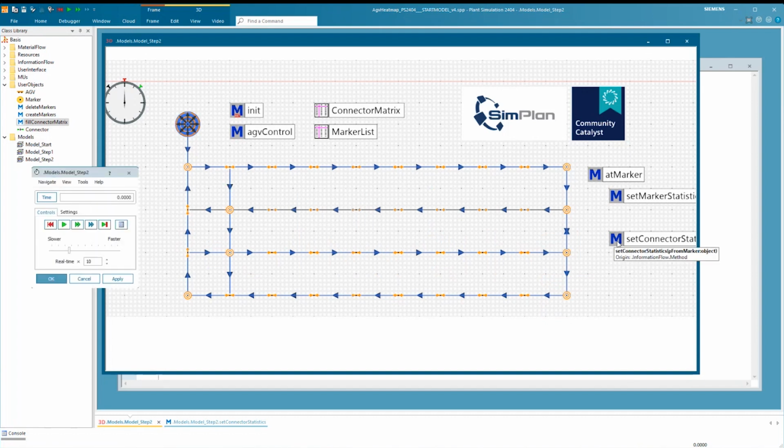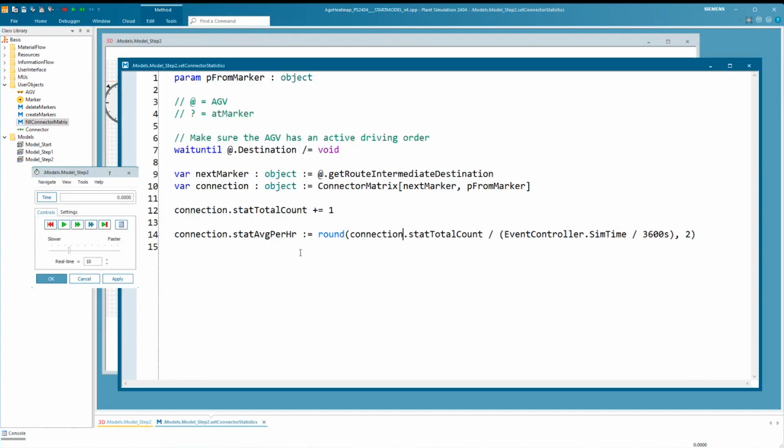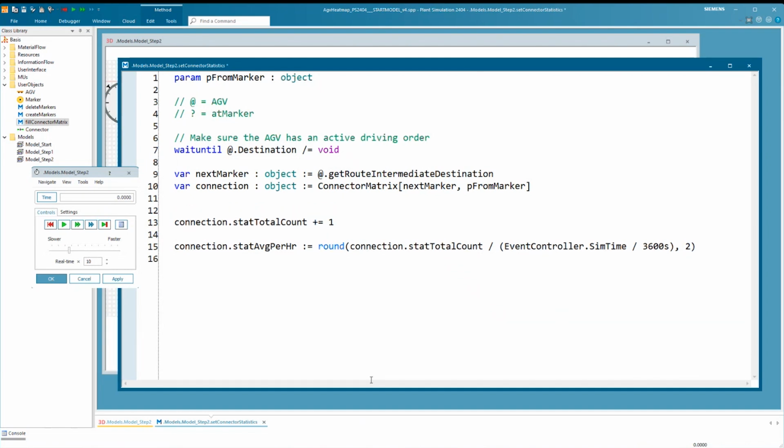So to get this additional statistic, I can at this point, so after I use the wait until, so anything that is happening before this line could be potential waiting times on the marker itself.